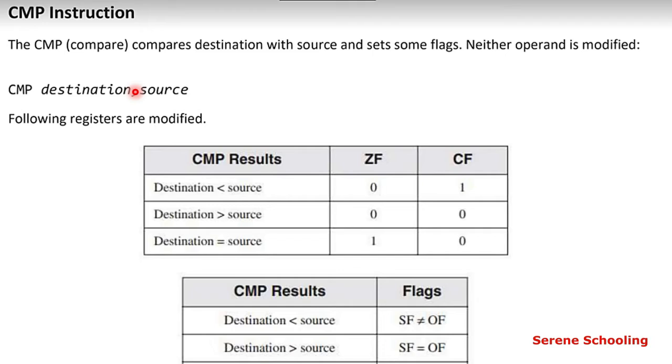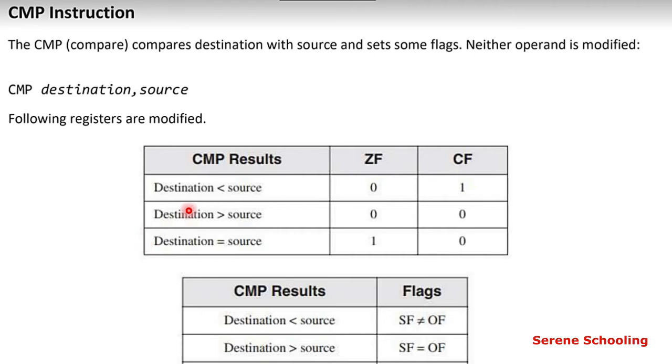So this is the syntax of the CMP instruction. This can be in small or capital letters, then the destination and our source. So here we can see the result of the compare instruction. There are three possibilities for the result after this comparison. When we perform a comparison, we can get three types of results, and any of them can occur.